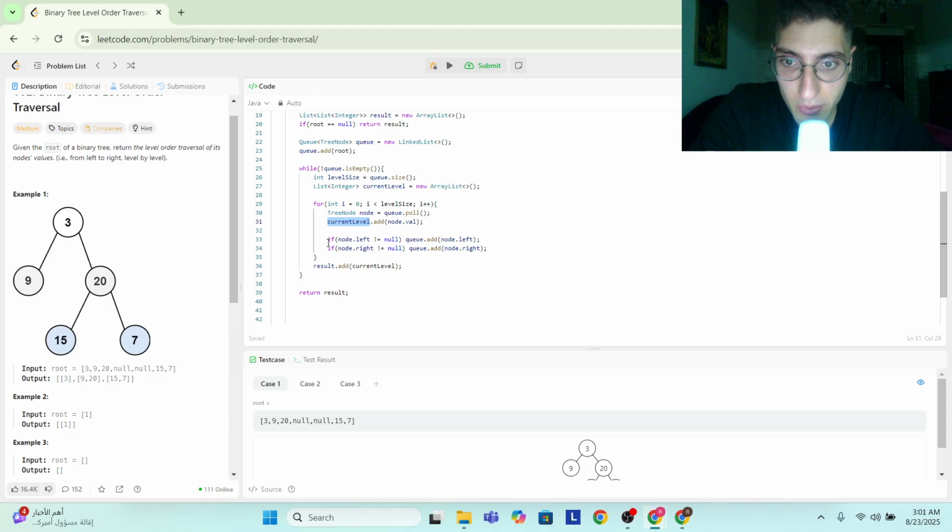So after we do this part, we just added 9 and 20 to our queue, and then we added a list that contained 3 into our list of integers called result. Now we go back up here. Is our queue empty? No, because it has 9 and 20, and now our queue size is equal to 2. Our currentLevel is now overwritten to be an empty ArrayList,